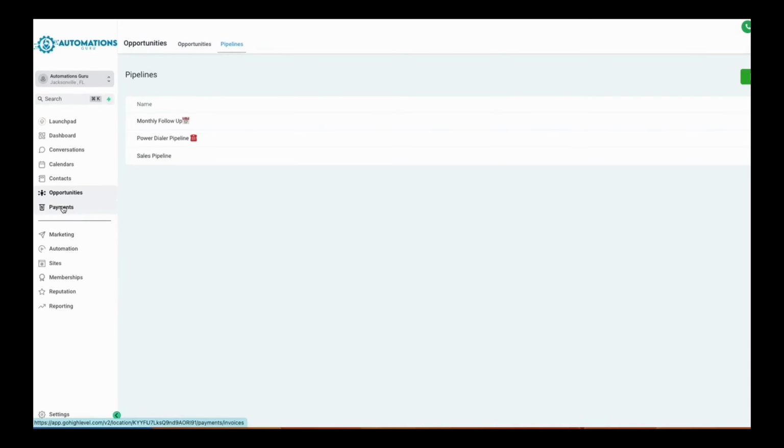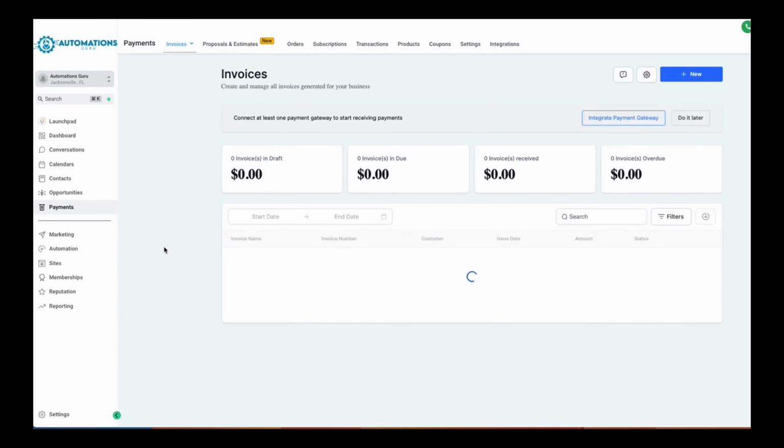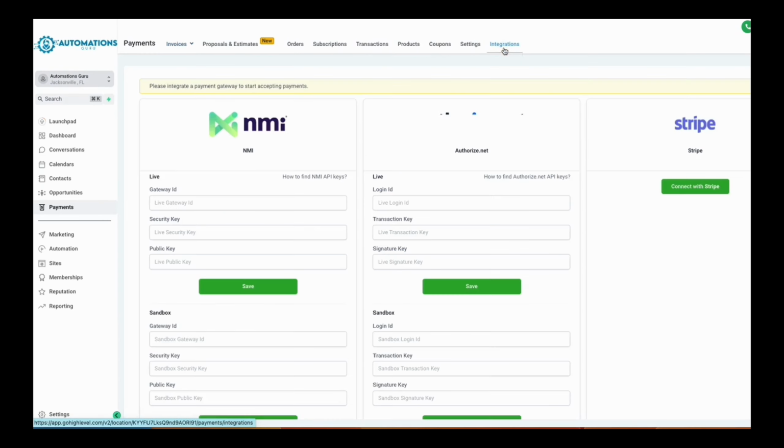Then we have the next tab, which is payments. In the top menu, you will see we have invoices, all invoices, recurring templates, proposals and estimates, orders, subscriptions, transactions, products, coupons, settings, and integrations. Once you have integrated PayPal or Stripe, you can create a product from the product tab